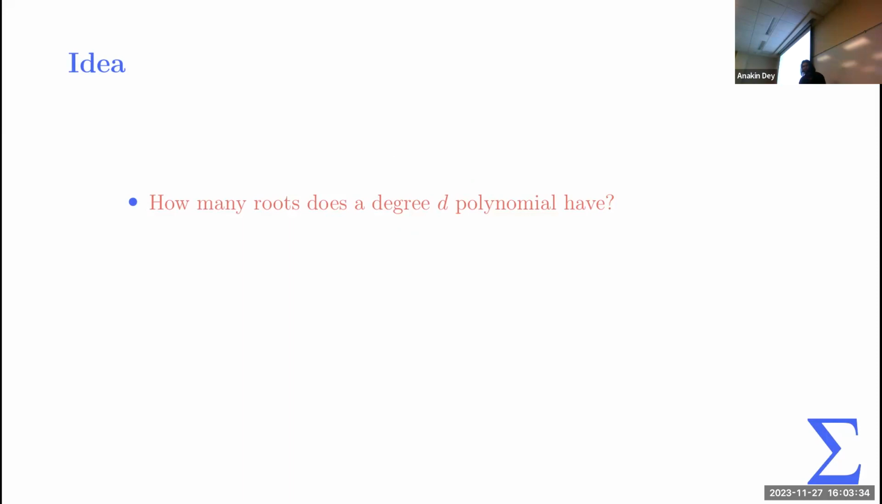So the general idea of the code is pretty simple, right? How many roots does a degree d polynomial have? Like how many zeros can it have at most? If you have a straight line, what's the maximum number of roots it can have? 1, right? And if we have a quadratic, degree 2, 2, right? So in general, the fundamental theorem of algebra says that a polynomial of degree d has at most d